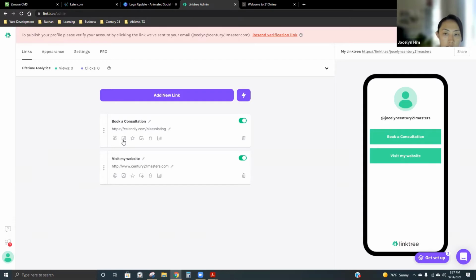And then you can also add a photo to it. So for instance, I have had some agents who want to put their listing on there. Let's say you have a new listing that you want to advertise on here. You add a new one, you put the address for that listing. So take a tour of, I don't know, whatever address, right? Put in a fake address. And then the URL,